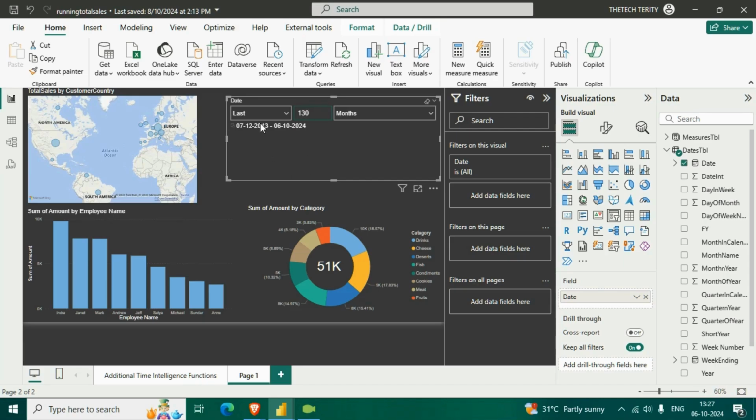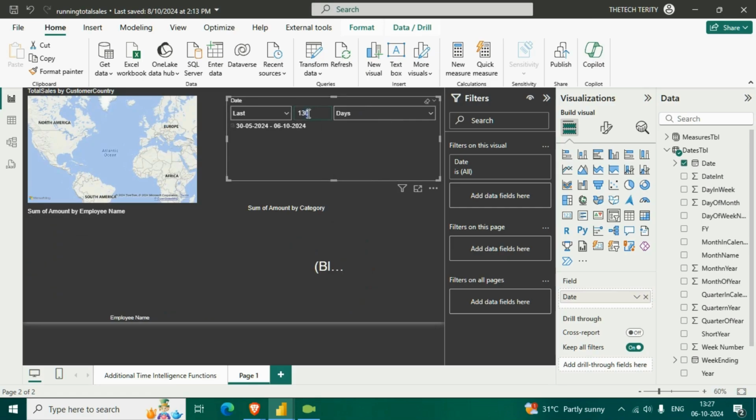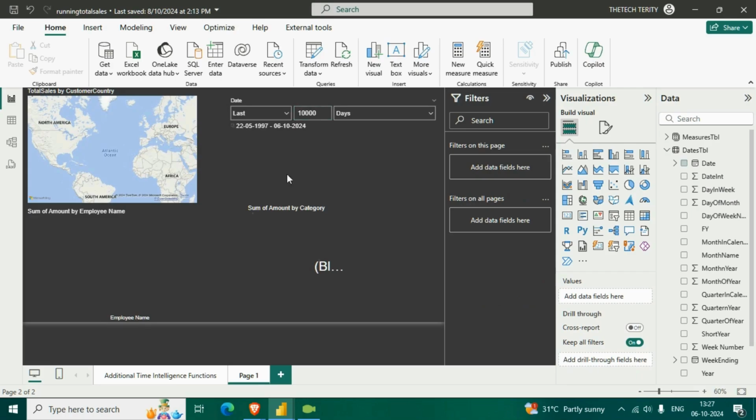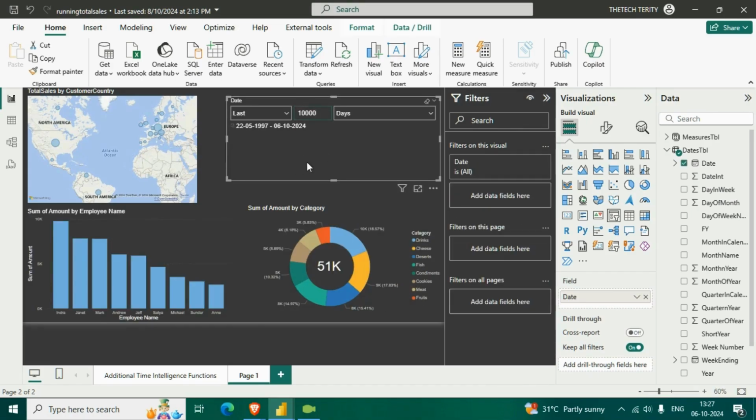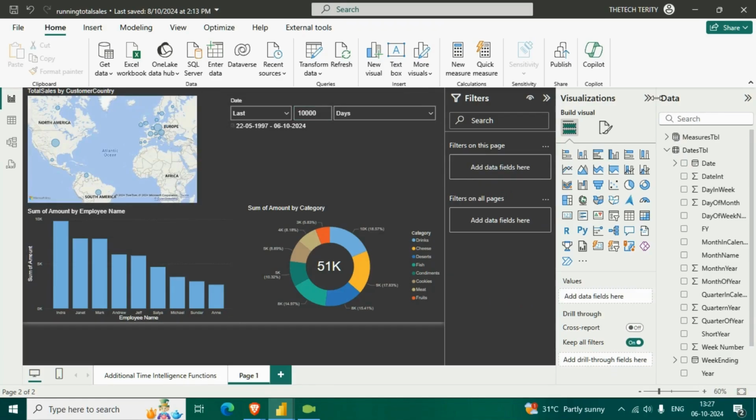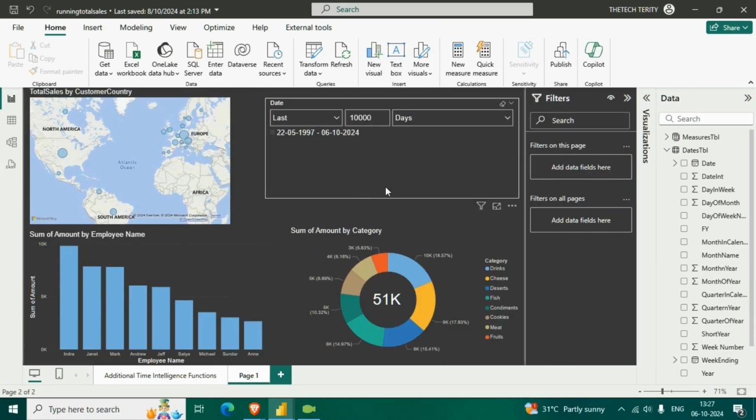Then maybe let's see, by day wise, let's say last 1,000. We have the last 1,000 days' sales figures. So I know it is quite simple, but I want to address this